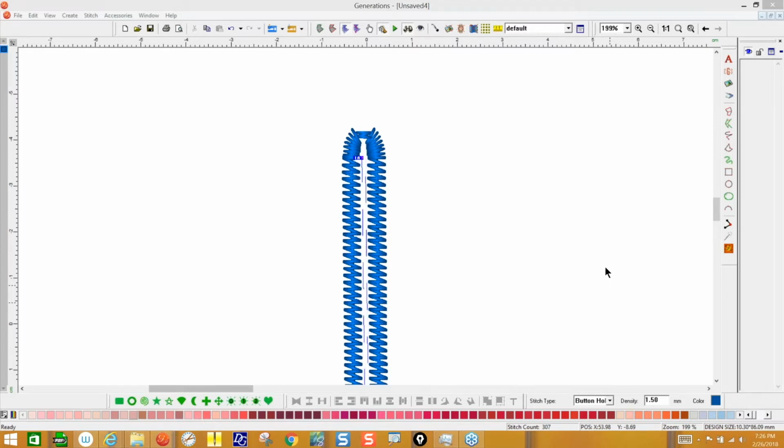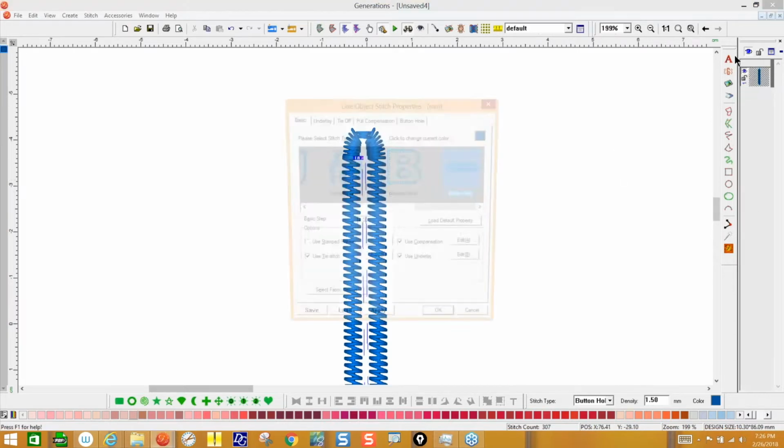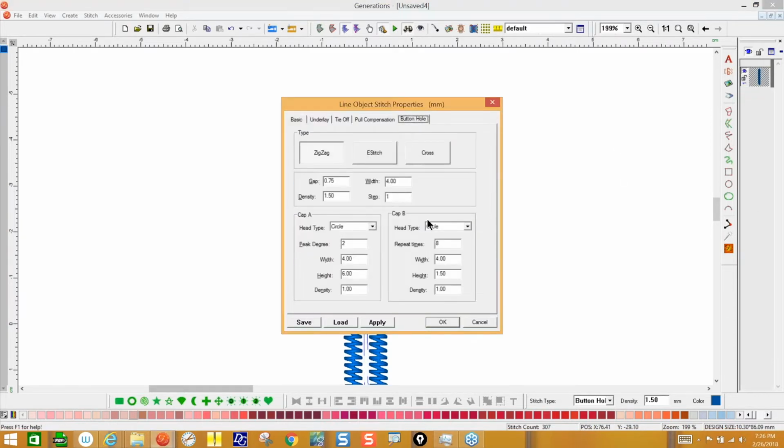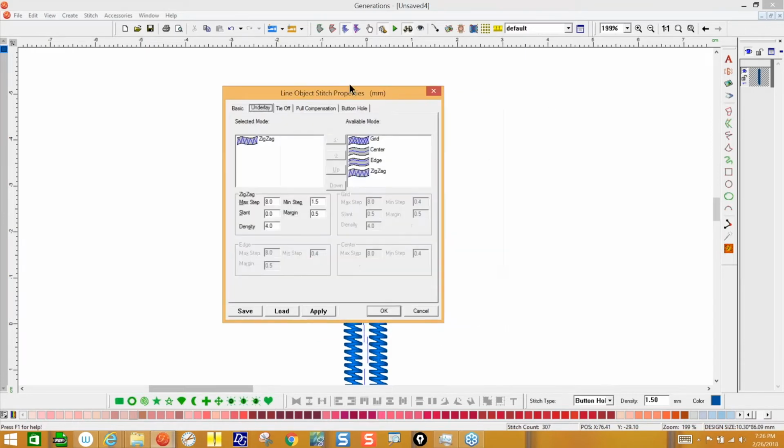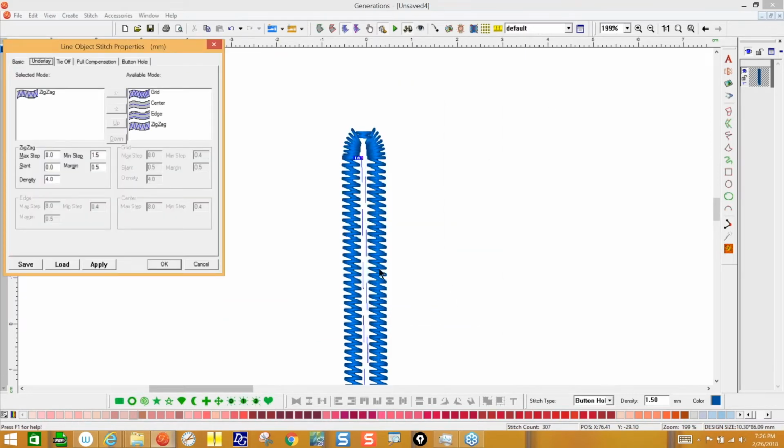All right, let's see. Oh, Loretta says it's not a buttonhole, it's a lollipop. See, Loretta's used them. Somebody wants to know what the underlay is for the buttonhole. Okay, let's take a look at that. Go to stitch settings. Let's look at our underlay. It says the underlay is a zigzag. It must be